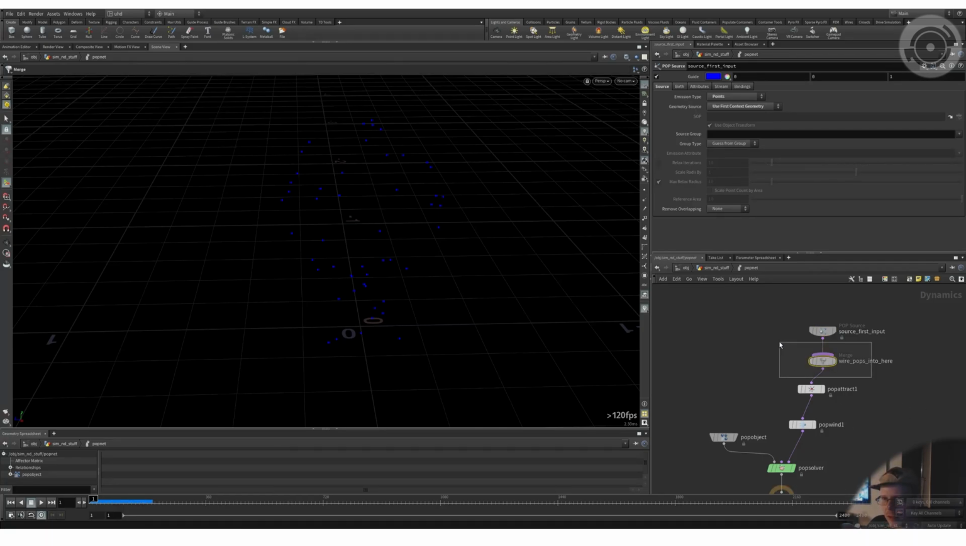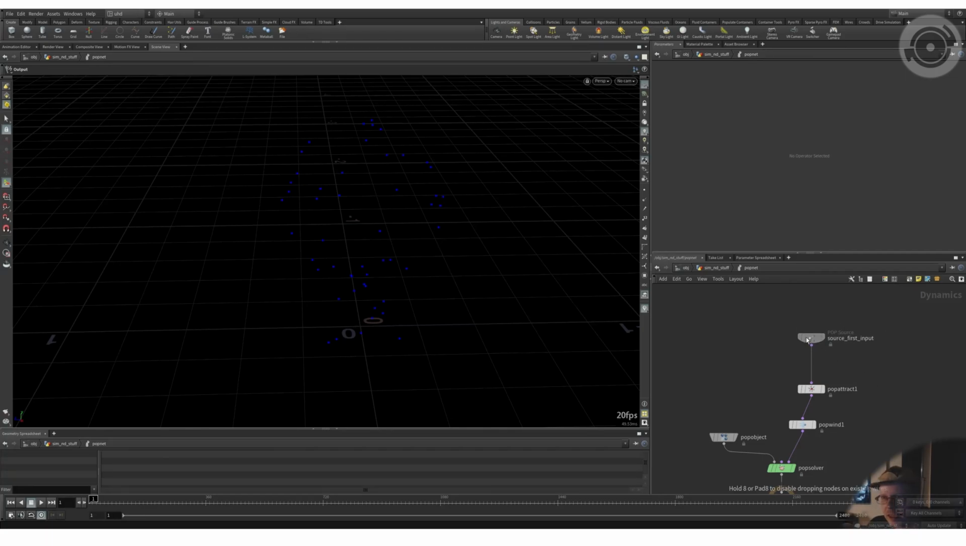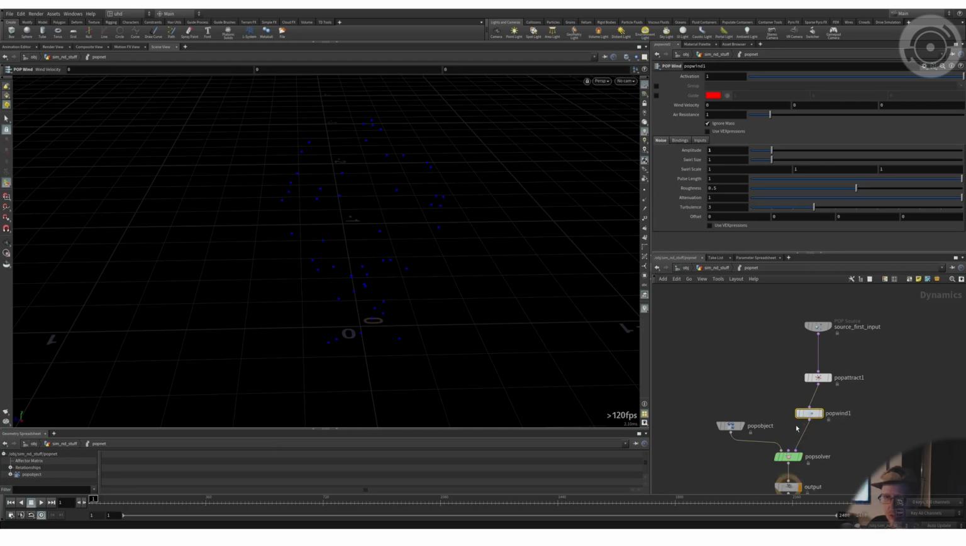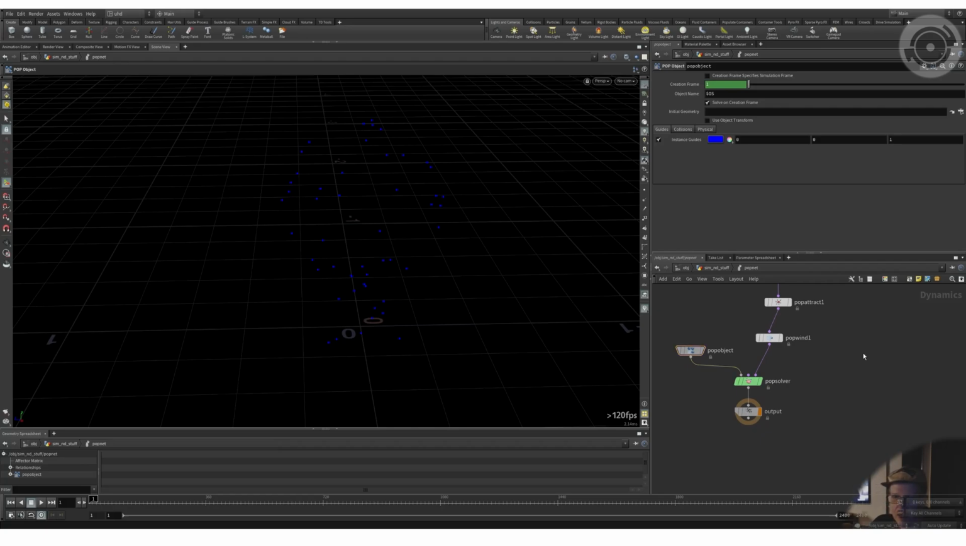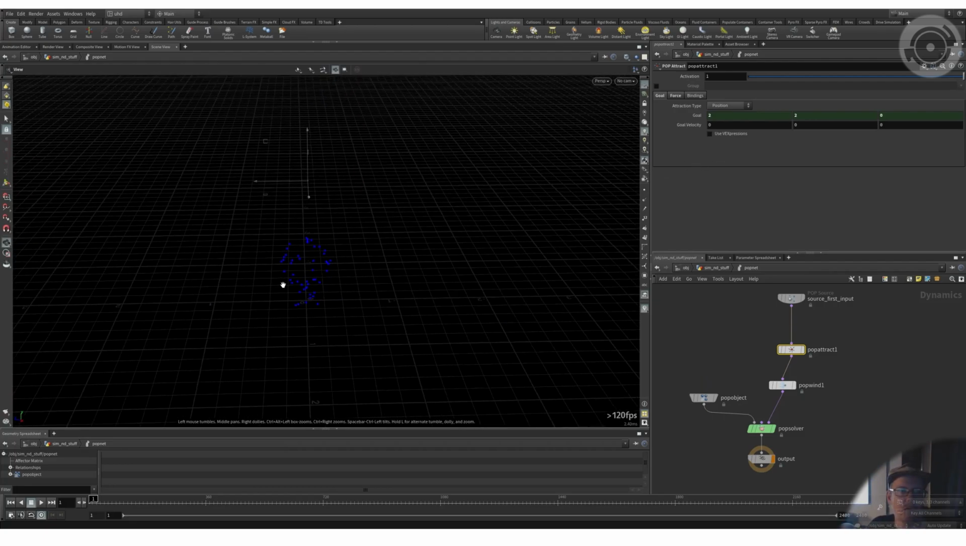There's my merge node, which I don't really need, so I can delete it. And there's my attract node and my pop int node. I let my pop object be like it was when I created this network. In the attract node I changed the goal, which is the